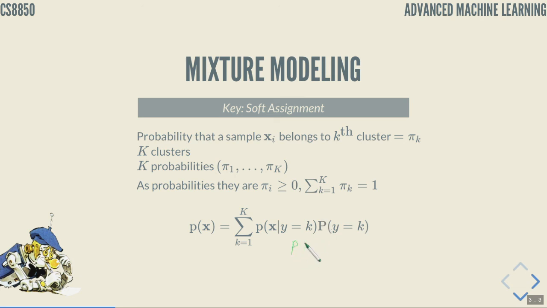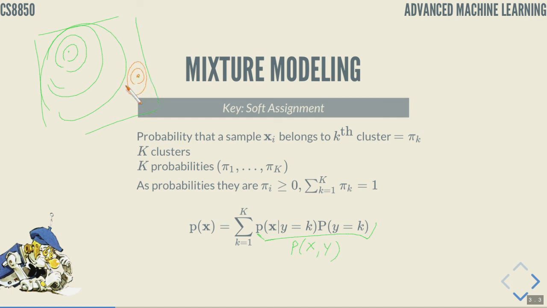As you see, what's here is the probability of observing x and a particular class, marginalized over all of the classes. This is the probability of observing an x at some point. And again, classes is just the Gaussians. So if your density is your Gaussian distributions, mixture of Gaussians,